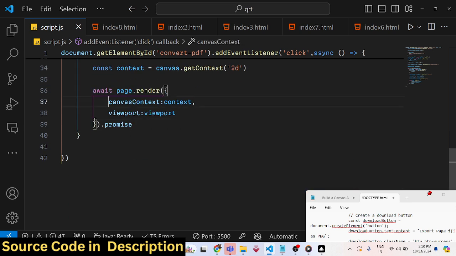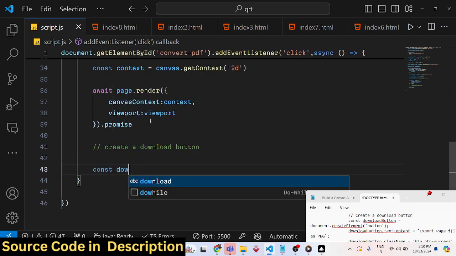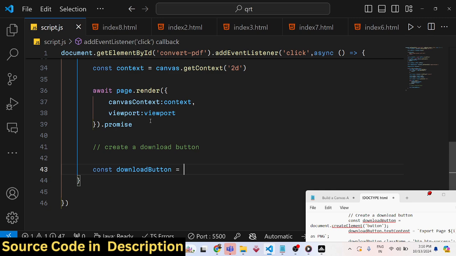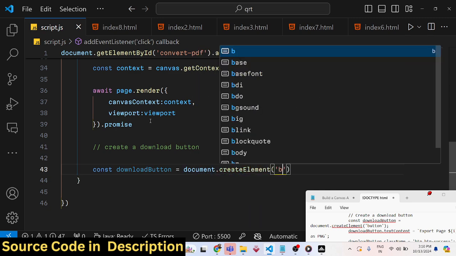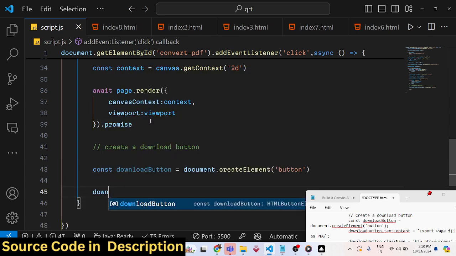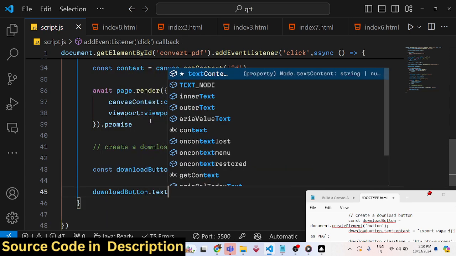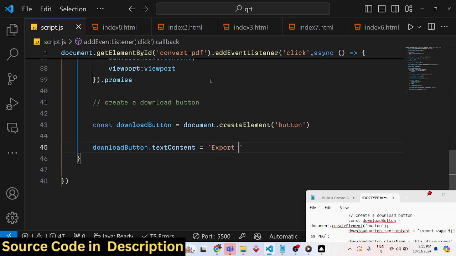And after it has taken the screenshot, we now need to also create a download button and show it in the tabular structure so the user can download the image. And now to create that button, we will again use create element. This time we will create a button element, and you simply say download button text content. It will simply say export and whatever is your page number,